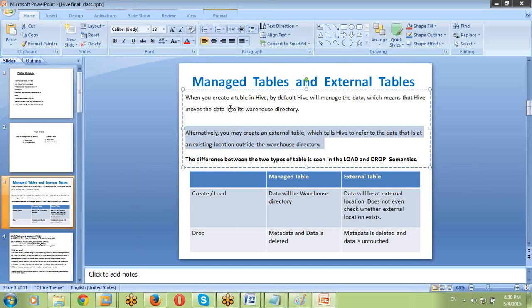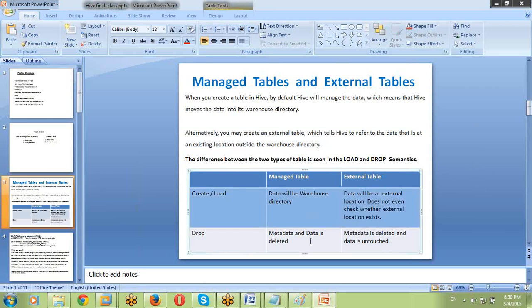Okay, why external tables? What is the use of external table? Generally, when we are using in our real time, before answering these questions, let's see some more differences. The first difference we just completed is loading time. And second difference is if we drop a table, our managed tables are deleted completely. Metadata and actual data, both are dropped. And coming to the external table, only metadata is deleted, actual data is untouched. That we call external table.